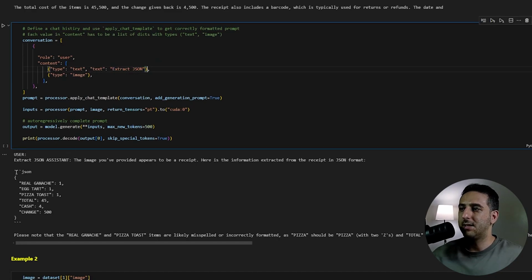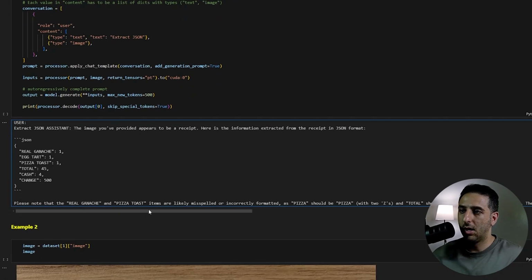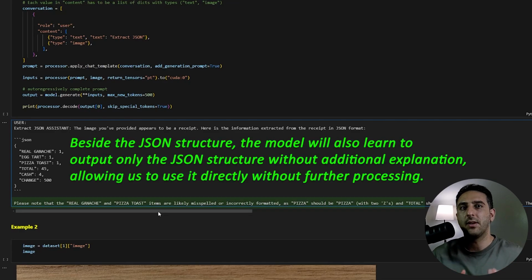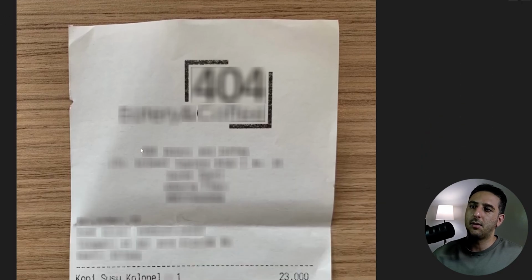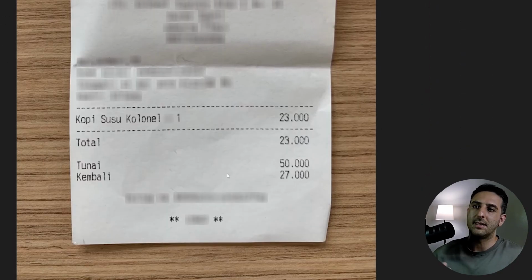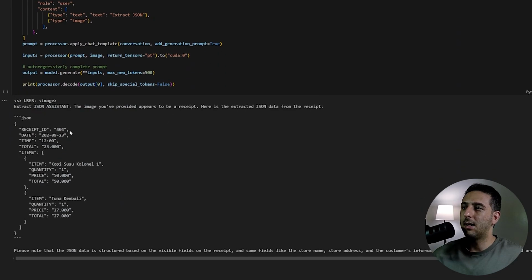As you can see, this model actually provided us with a JSON from the content of the image, although this is not the structure that we want to use at the end, and we would teach the models a specific structure so we can get the JSON in that format. Let's see the second example. This is the same example that the 7 billion parameter model refused to give us the answer for. If I ask it to extract JSON, again the 13 billion parameter model gives us a JSON output,